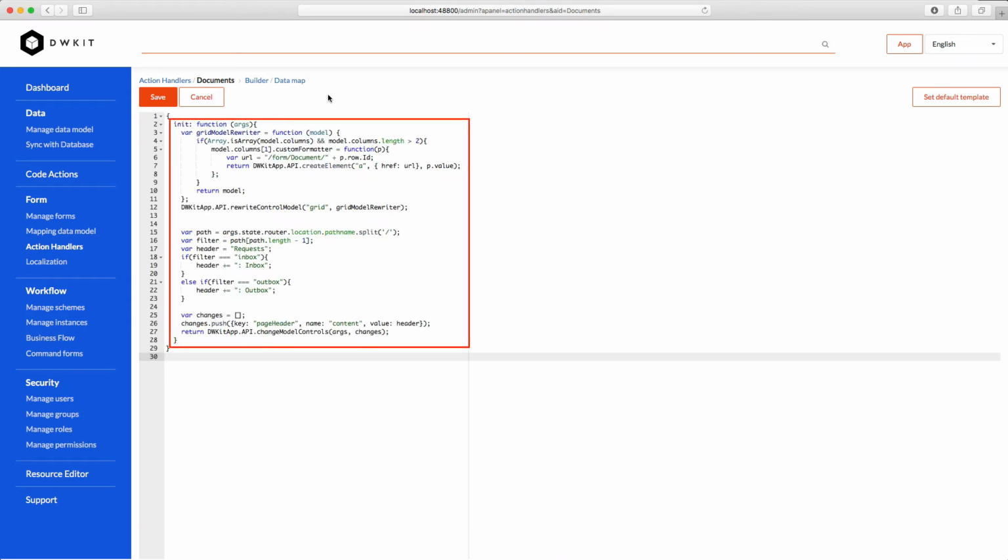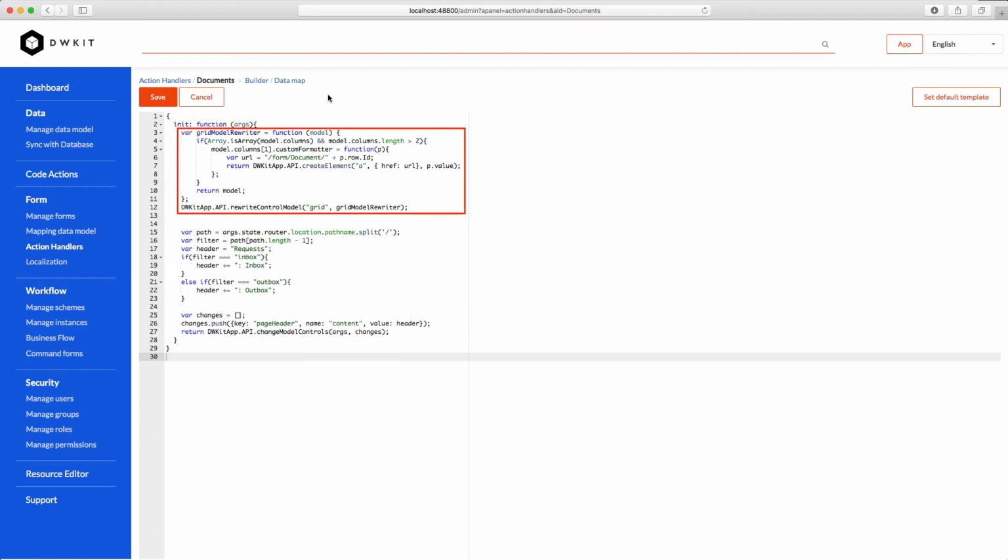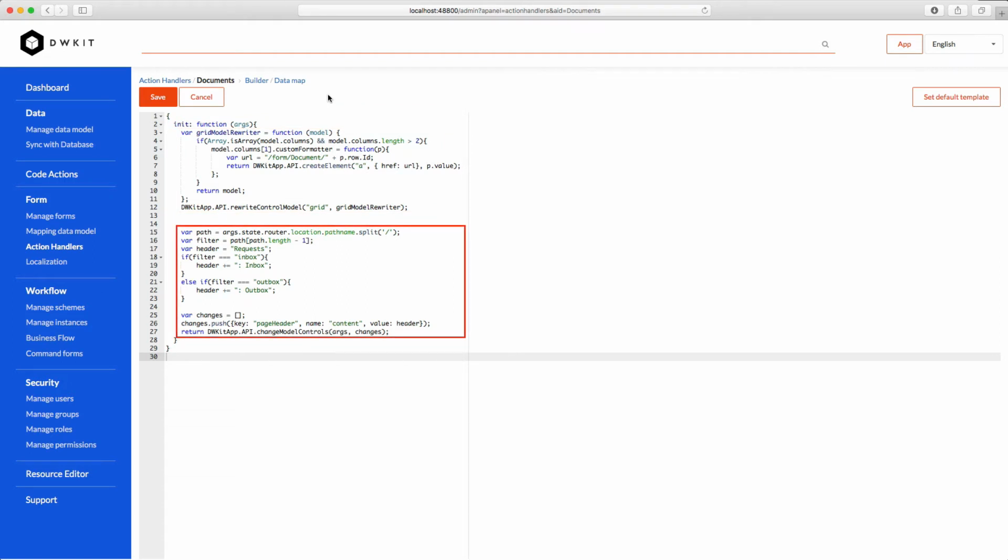The init function will be invoked when loading the page. The first part of the code formats the second column, which is state, and the second part adds an inbox and outbox prefix to the page header so users know what to do with the document. Alright, so let's save this code